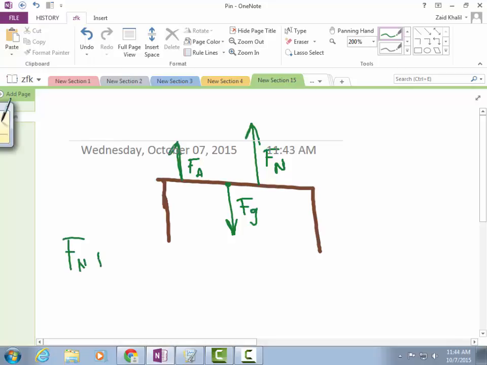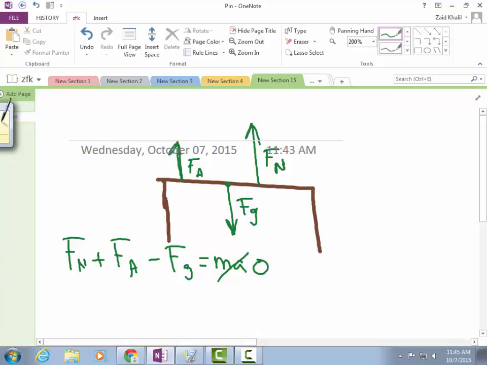Fn plus negative Fg plus Fa equals ma. What's the acceleration in the vertical direction for this thing? Is there an acceleration? Do you see that desk accelerating upwards or downwards? The answer is no. That's 0. So therefore,